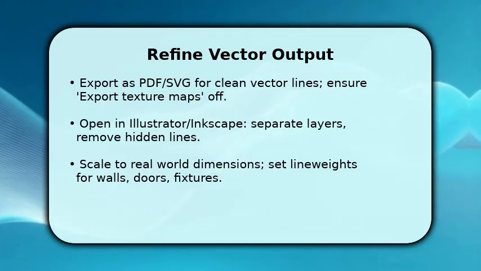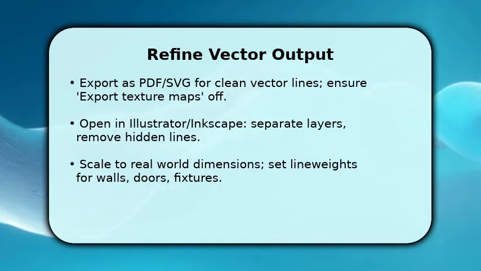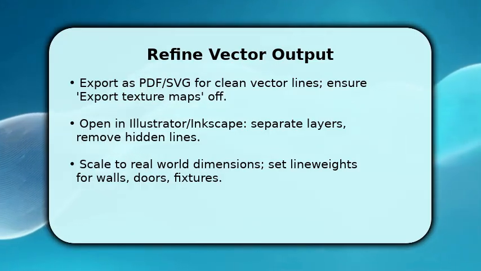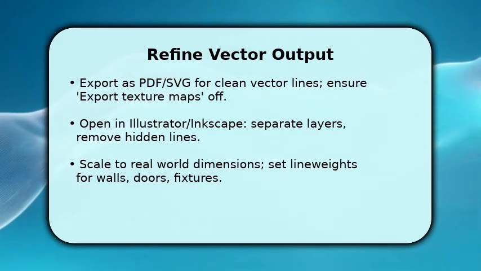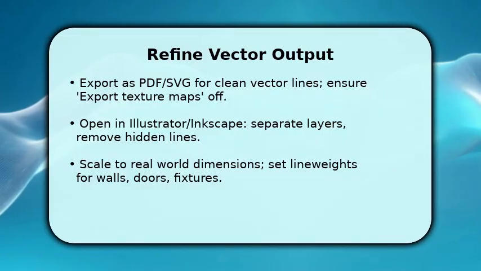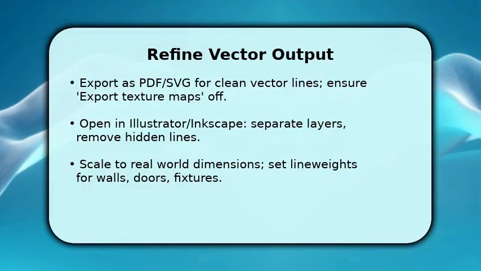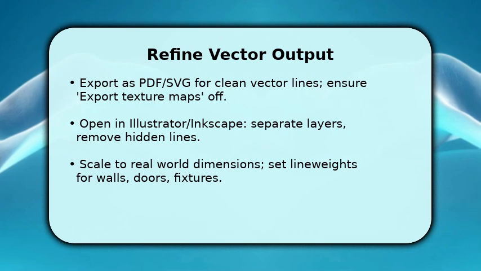Open the PDF or SVG and separate objects into layers for walls, openings, furniture, and annotations. This makes later edits trivial. Once you tidy overlaps and remove internal hidden lines, scale the drawing to real-world dimensions using a known measurement from the model. Make sure wall line weights and hatch patterns are consistent so the plan reads correctly when printed or